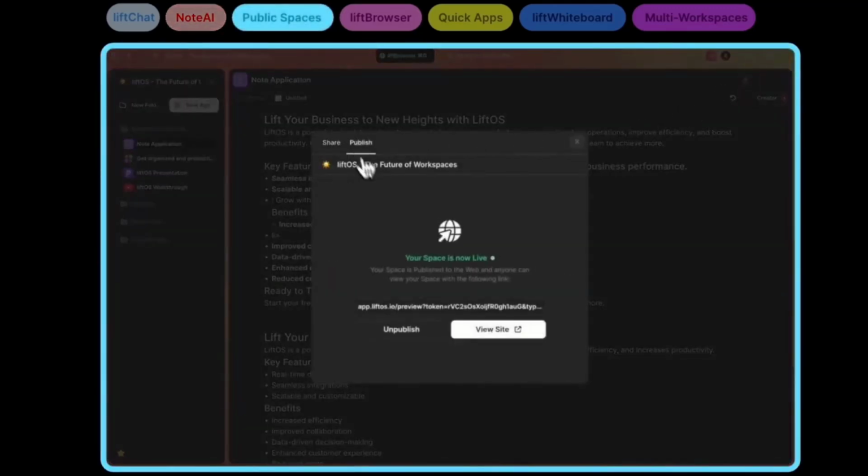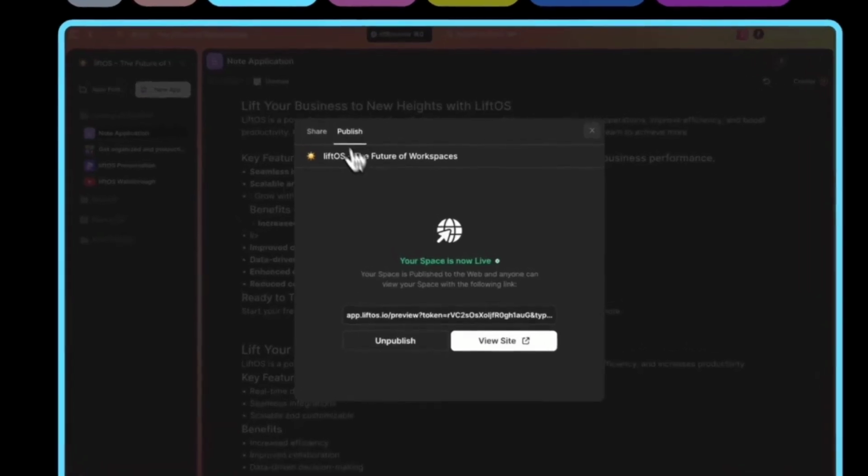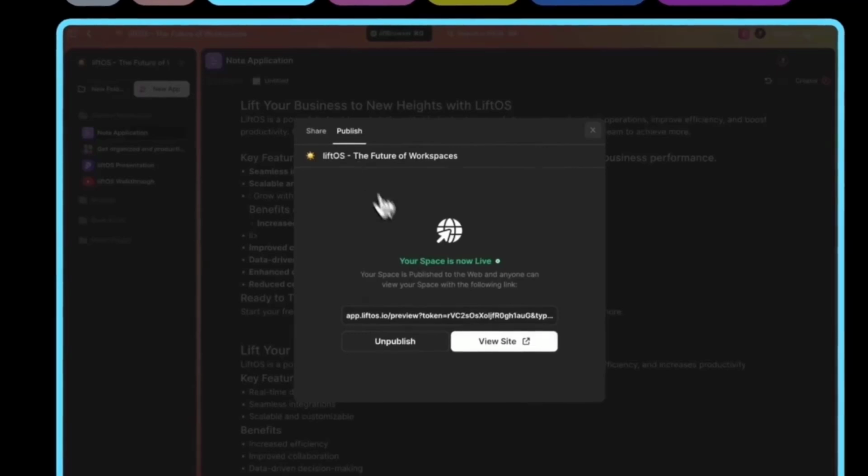The next ability is very important. It's the ability to publish your spaces and have everybody access them without inviting them to your workspace. Simply by clicking publish, you will be sharing your space and all the apps to the public, and with the link that you can copy, we'll do this and we'll go into one of our new features, test it out,